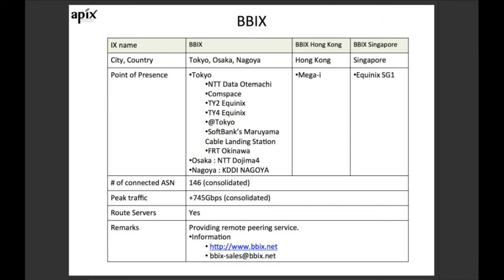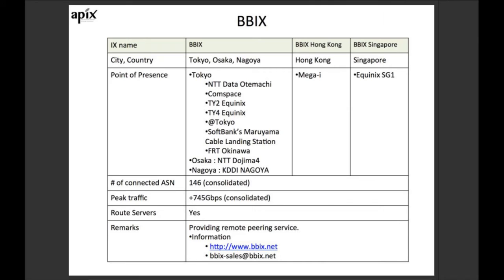Our latest update is we're going to launch our new POP inside of the cable landing station in Maruyama, so you can get more traffic from the Tokyo area without having an expensive backhaul.